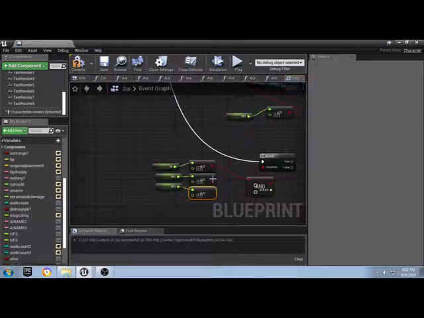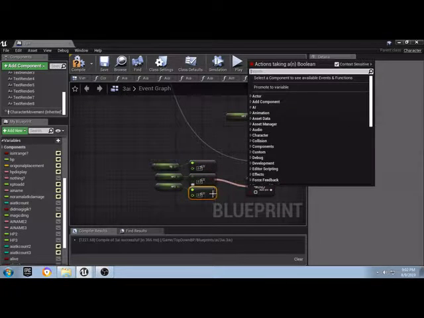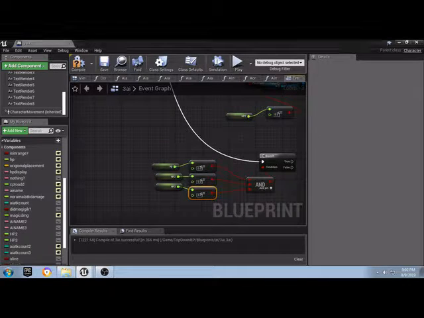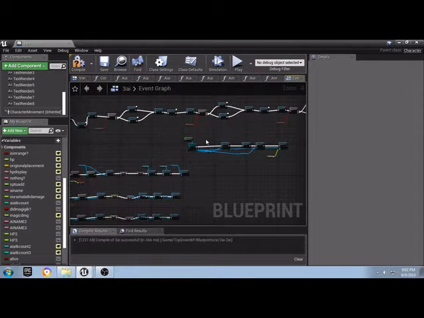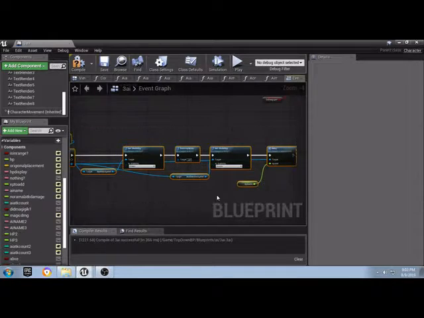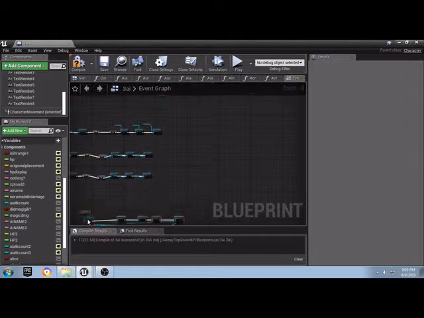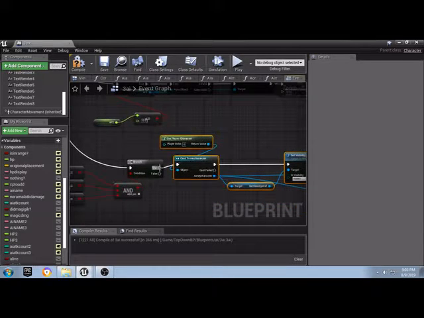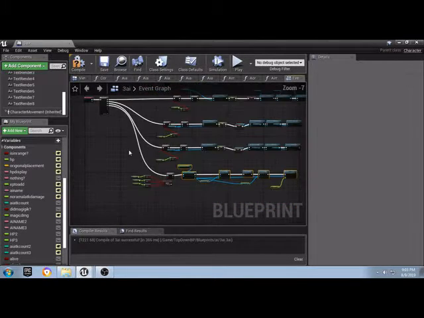And if all 3 of them are equal to 0, we're going to run our old script for destroying the actor. So let's go ahead and grab that script up here and just drag it down into place and plug in the true pin. Alright,